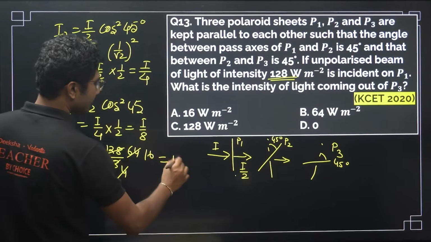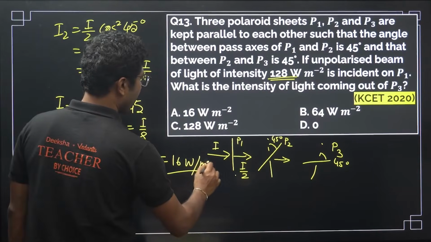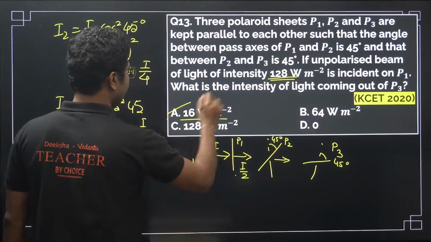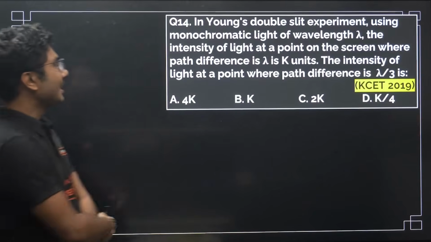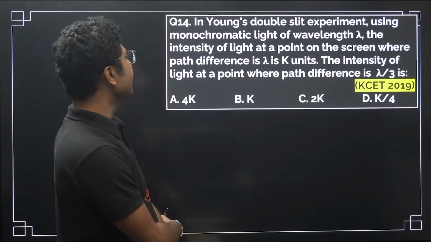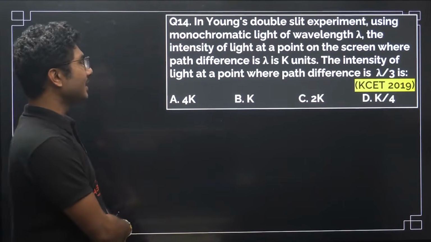So it will be 16 watt. Okay, 16 watt per meter square. Okay, correct answer is option A. Now next question. In Young's double slit experiment using monochromatic light of wavelength lambda, the intensity of the light at